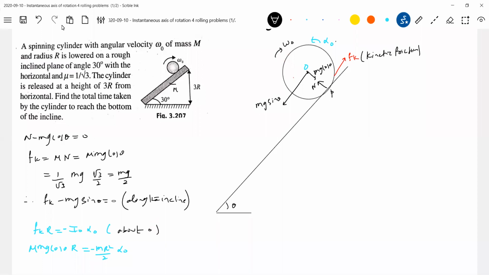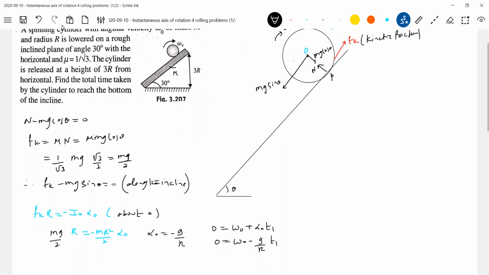Okay, let's calculate this one. So this everything should be mg. What is the value of Fk? Fk equal to mg by 2. I'll write it. So R gets cancelled. So alpha naught is equal to g by r. Can we now calculate the time taken for the angular velocity to become 0? 0 equals omega naught plus alpha naught t1. So what is t1? t1 is equal to,